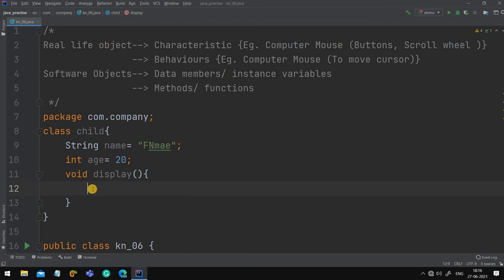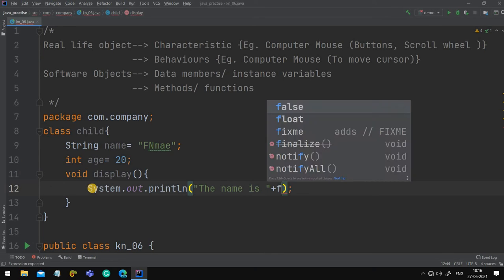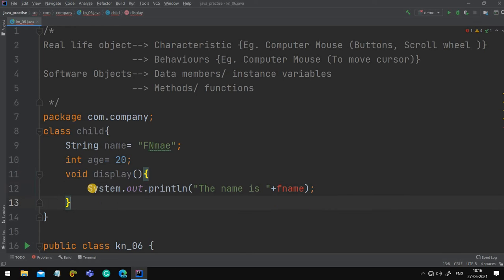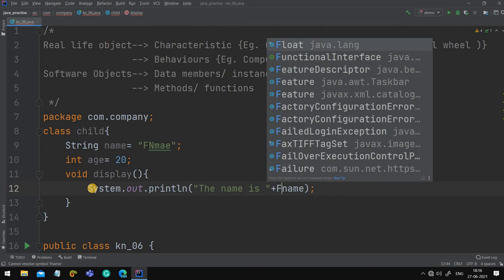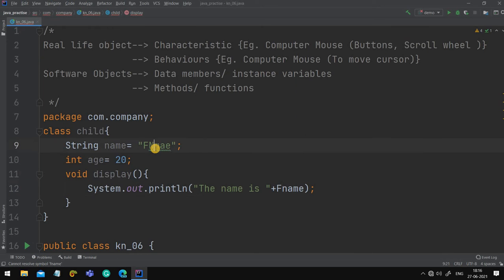Why we are using this bracket, this all also you will get to know. void display, System.out.println, the name is plus fName. Sorry, this is capital F, like this. Okay.